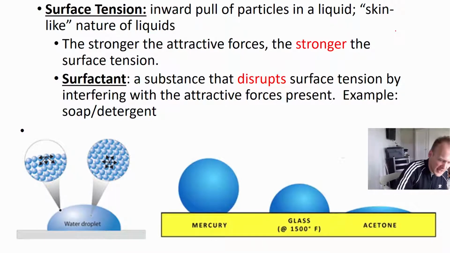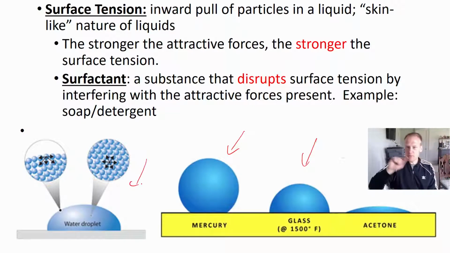And so because of that, if you put mercury and let's say acetone, and this is glass or water on a surface, they're going to bubble up based on their surface tension. Mercury almost bubbles up into a complete sphere because its intermolecular forces are so strong and so attracted to each other that it literally just does not interact with the environment. Water is a little less strong, okay, but it'll still bubble up like that. Something like acetone, which has weak intermolecular forces, almost lays flat because there's no intermolecular forces pulling it toward itself, and it'll just lay on whatever surface it is.